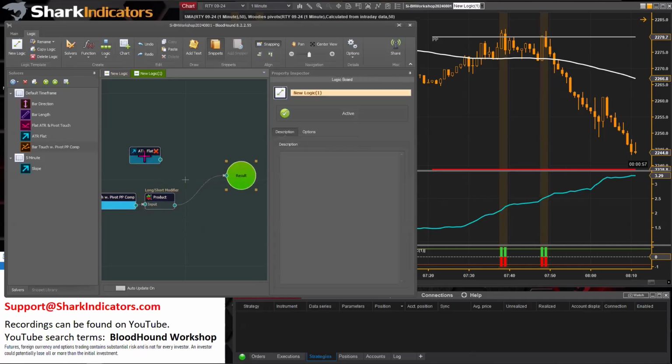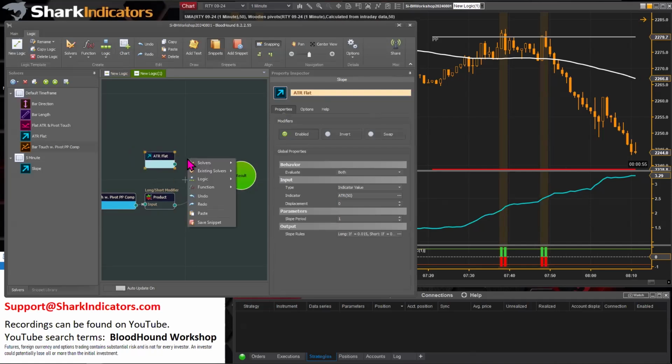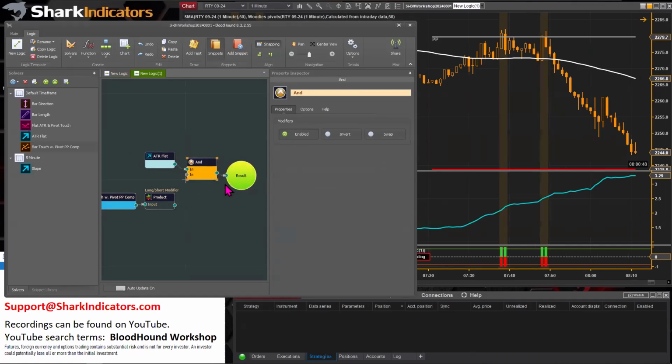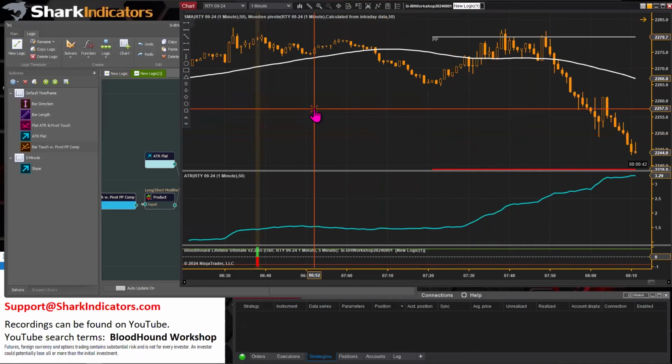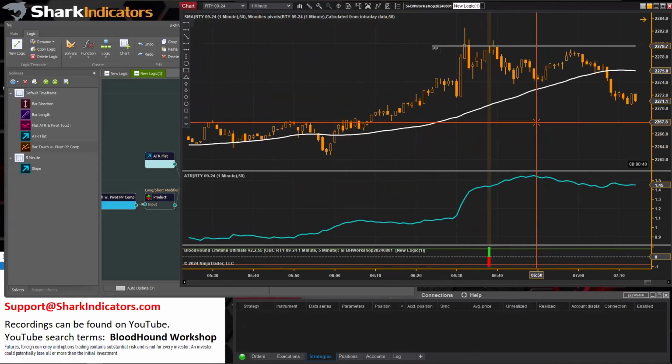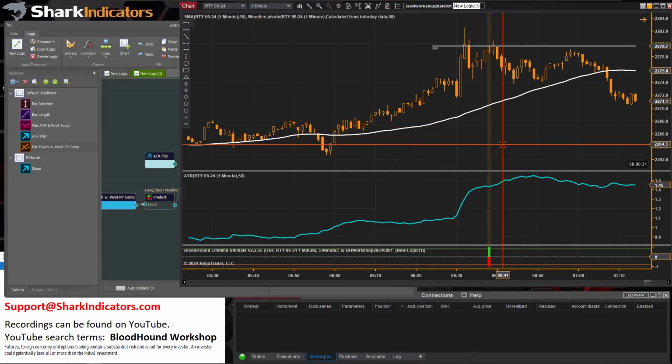And so now the last step is to combine all of these solvers together with an AND node. And let's see what we got. Oh, there we go. Now, what was wanted was a long signal to take a long trade there. So we're getting a long and a short output at the same time,